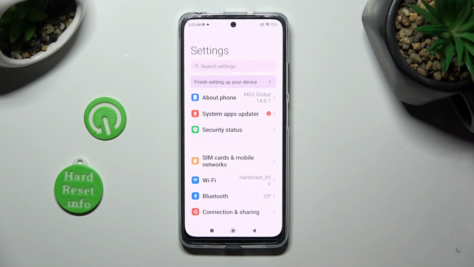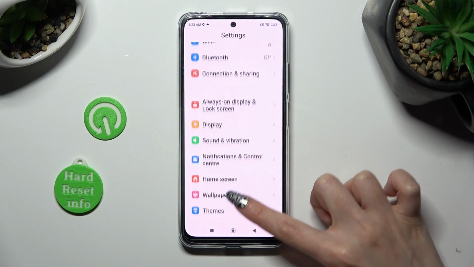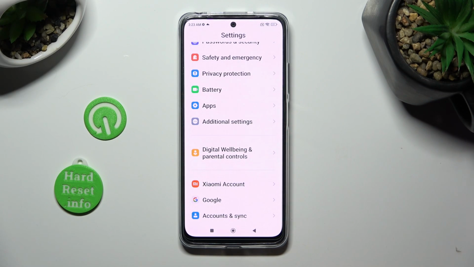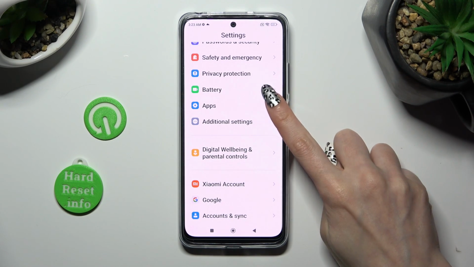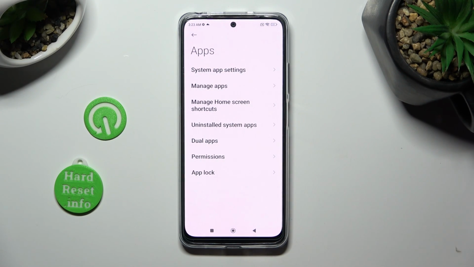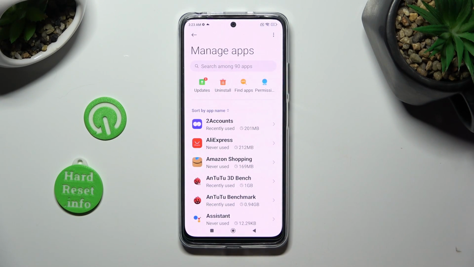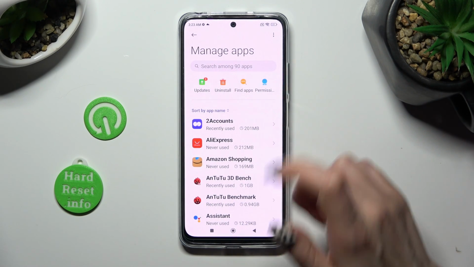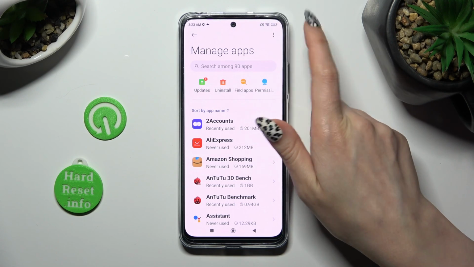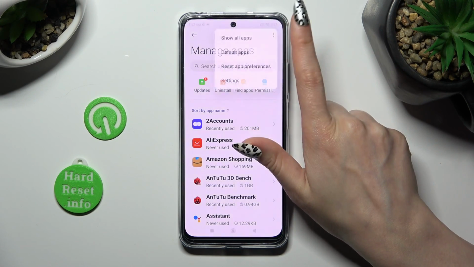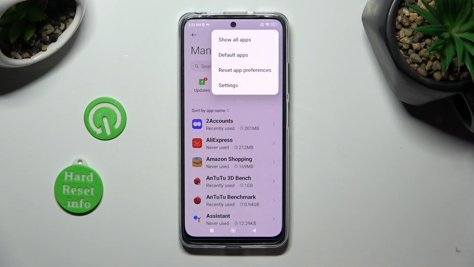In settings, scroll down, click on apps and tap on manage apps. Over here, you need to select those three dots at the top right corner. Click on default apps